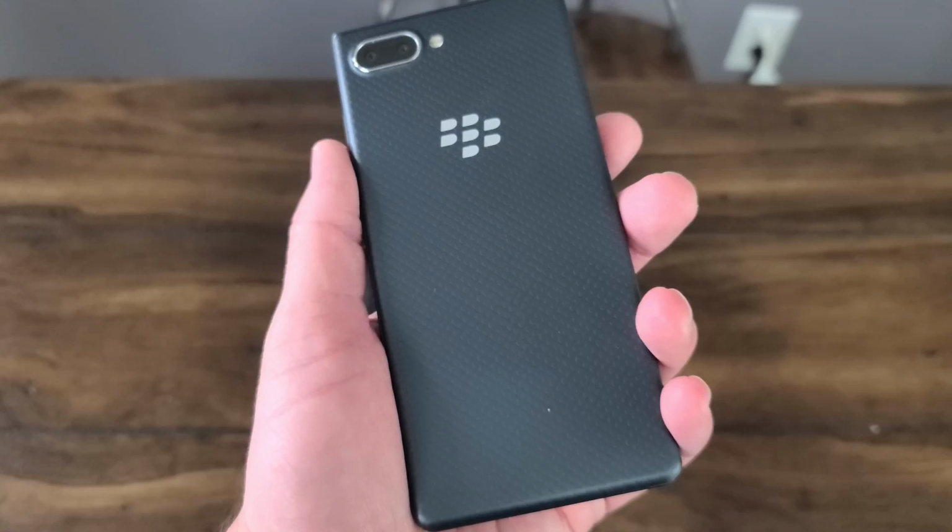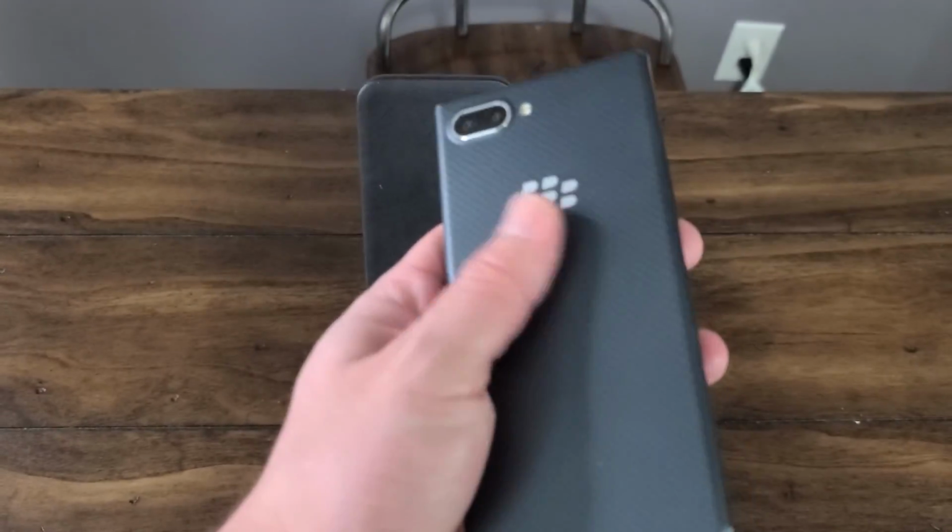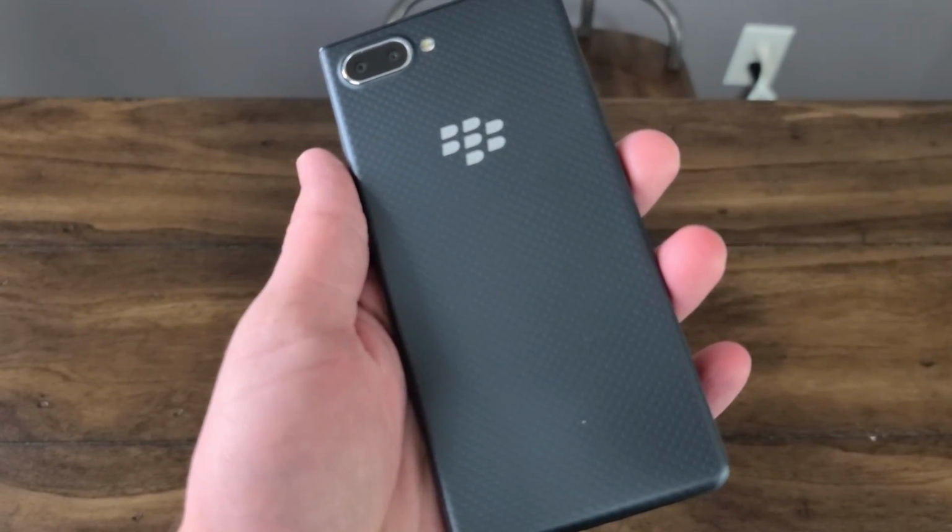Some pretty shoddy cameras on the back. I'm not going to lie there. It doesn't take very good pictures at all. If you have optimum daylight, it's great. But if you're out, anything that's outside of optimal lighting is not good. But overall, I think that they captured the BlackBerry experience really, really well, but with Android, and it works and